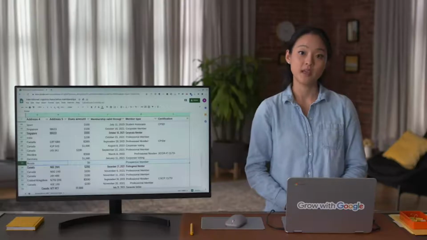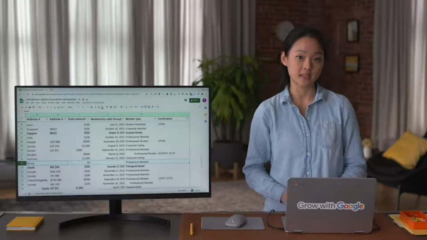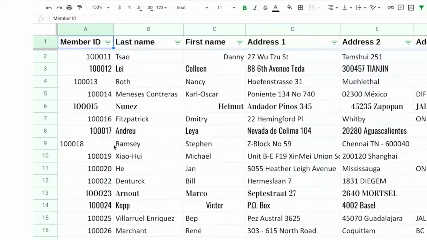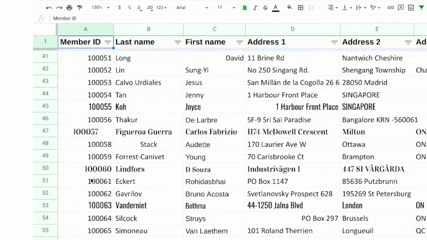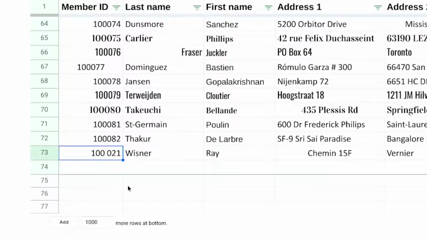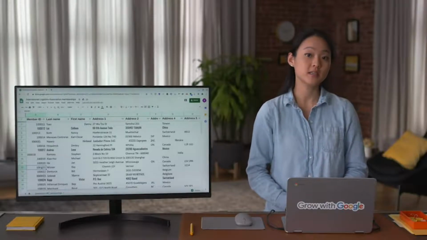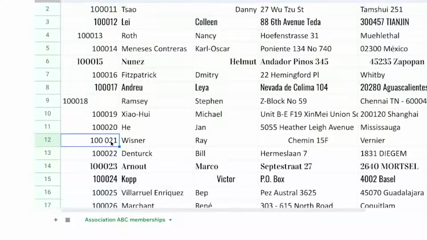For example, if there's an extra space in a member ID number, when you sort the column from lowest to highest, this row will be out of place. To remove these unwanted spaces or blank cells, you can delete them yourself. Or, again, you can rely on your spreadsheets, which offer lots of great functions for removing spaces and blanks automatically.